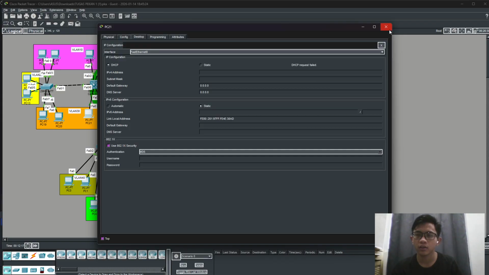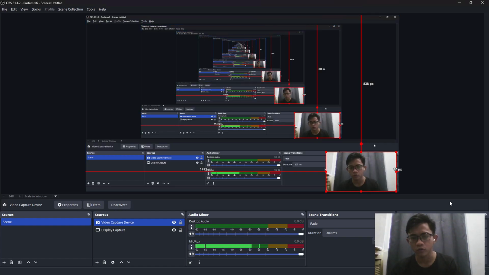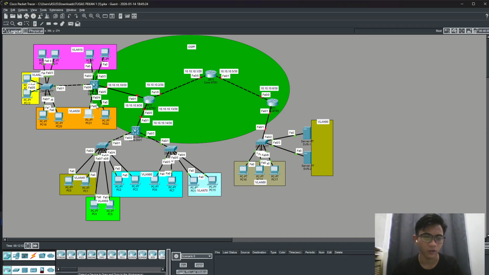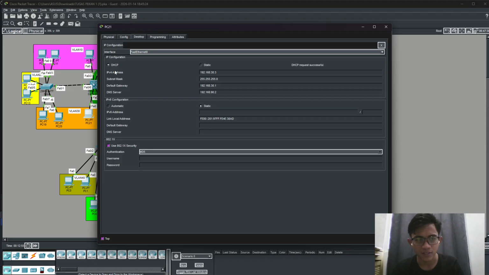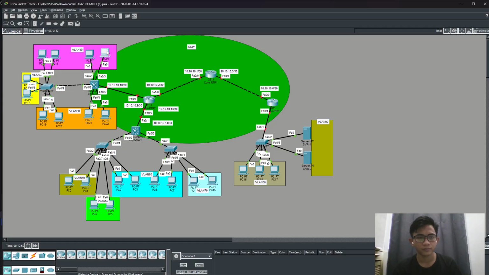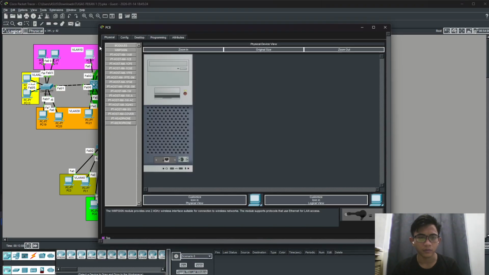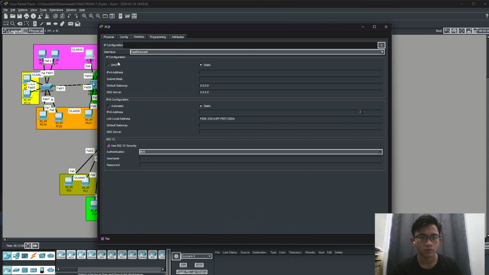I forget. I'm sorry guys, why this failed I guess. I will pause first. Oh no guys, it's because it's loading I guess. Now you can see the DHCP gets the IP. So now here, desktop IP configuration DHCP, and it gets the IP automatically. Okay, DHCP. Okay, good.